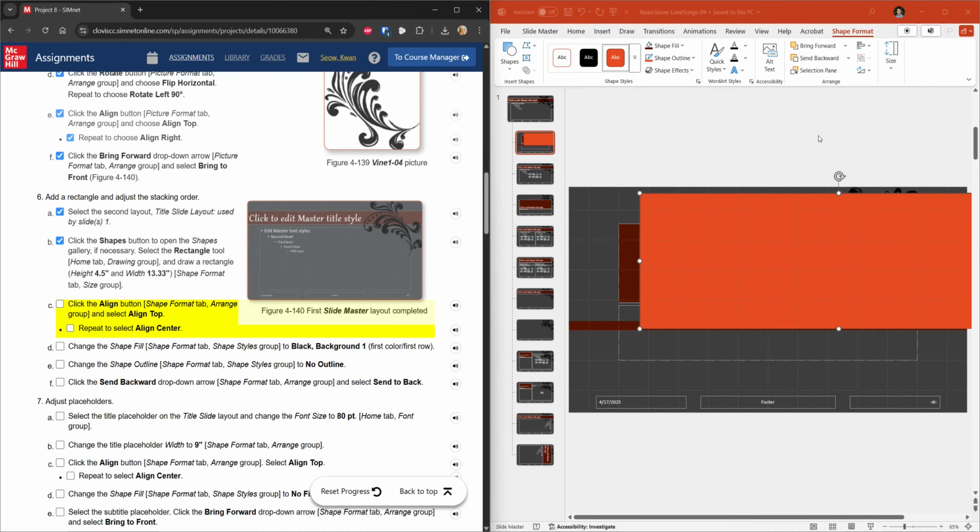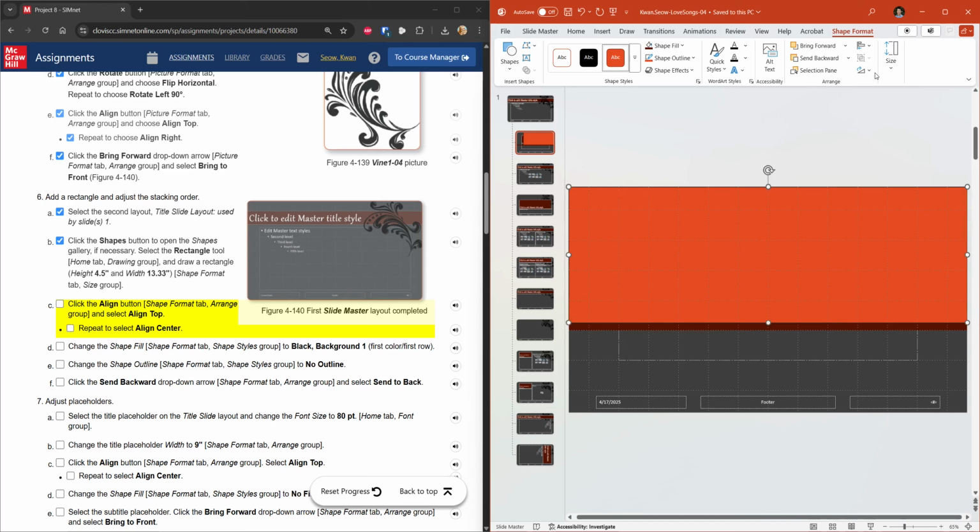Now they want us to click the align button, align top, and then align center. Okay, and you notice it's covering up the title right now, so we do need to send it back, but it's not there yet. First, what we need to do in part D is to change the shape fill so that it is black